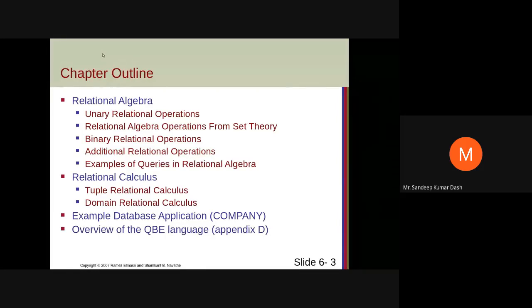Yeah, so today's class is about relational algebra. This is a kind of formal language. That means this is not any programming language or SQL language or something which you can execute directly on the system. This is a formal language. That means this is a formal representation of the query that you are writing. Suppose you are writing select star from employee. That means that's a query which you can execute on the SQL prompt or Oracle terminal.